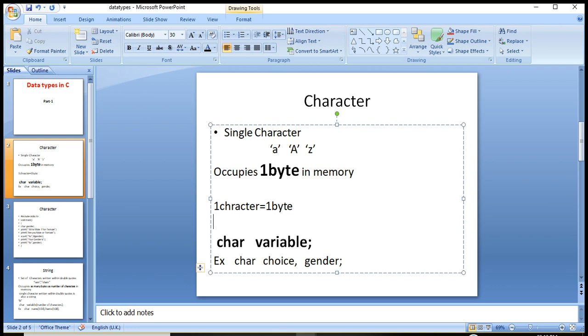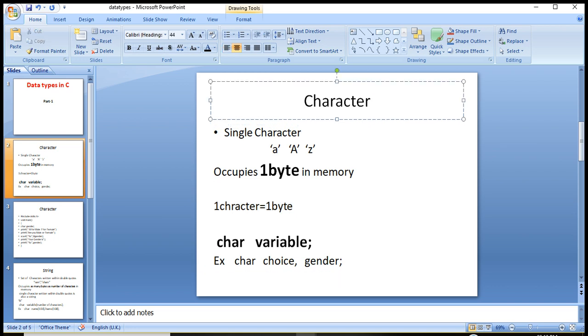Because every data occupies space, okay? So a single character variable will hold 1 byte of memory. I think this will be clear now. So I go to next.